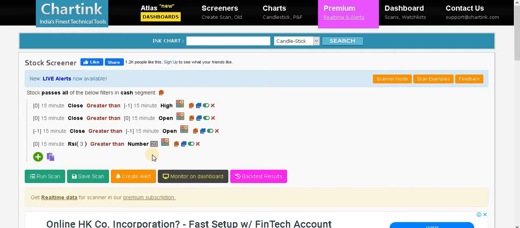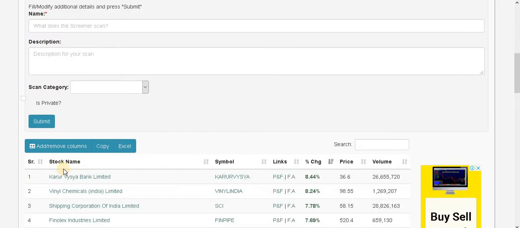So what we need to do is over here we need to select the number as 80. So this should be 80. Now to sum up things, first will be 0 with 15 minutes, RSI is 3, greater than number 80. We need to save this.